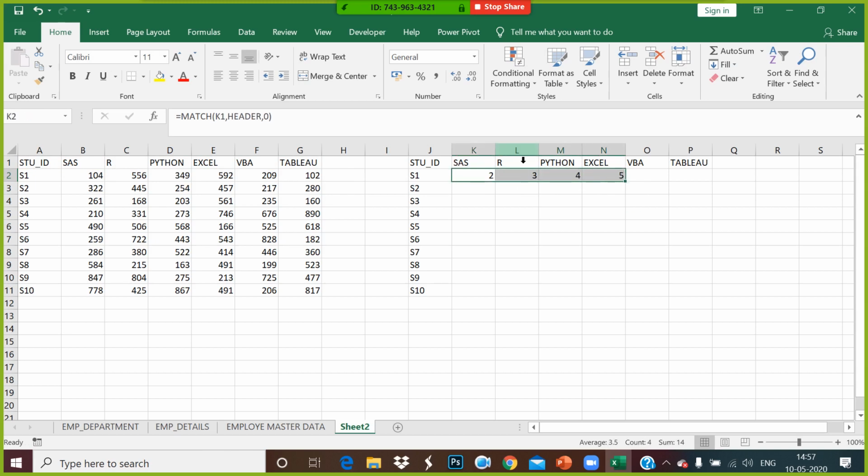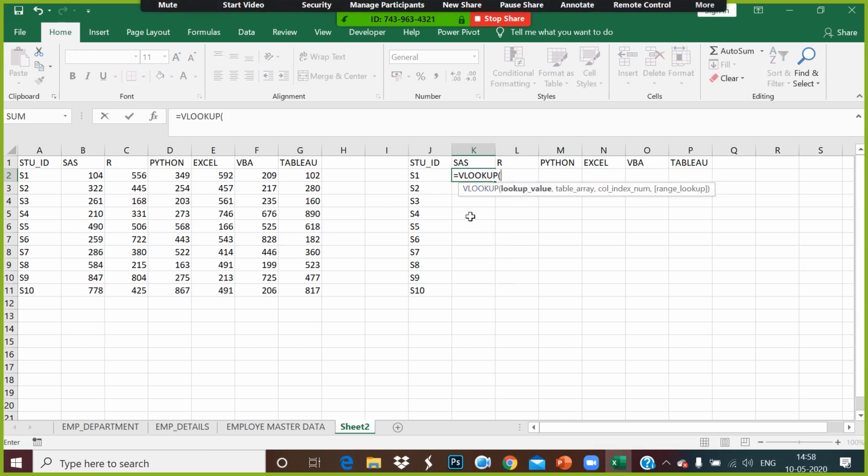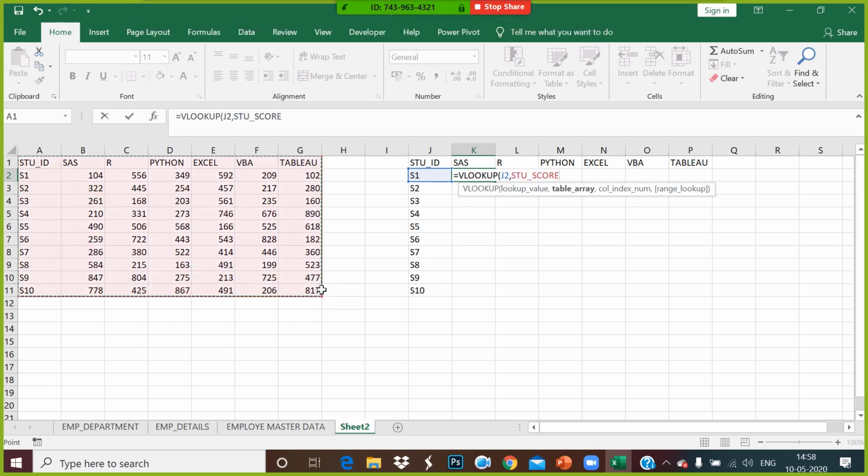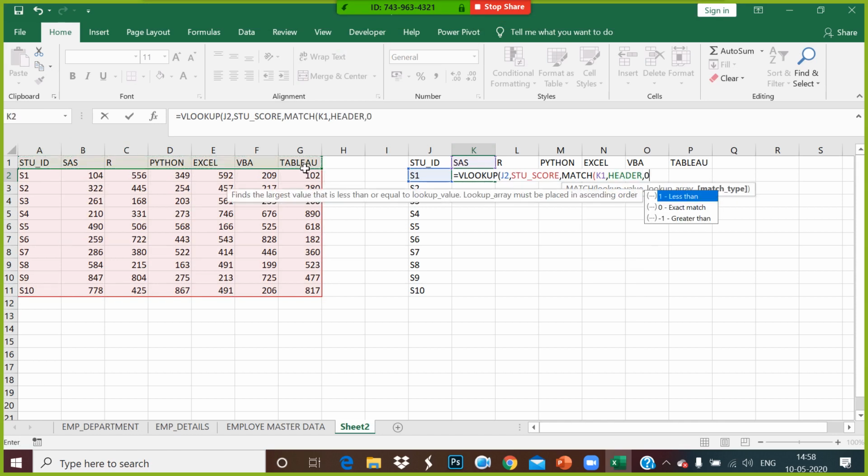So now when I write VLOOKUP, I go for the lookup value as this. I go for the table array. I select this as my table array, which I've given as a range name. Then I go for using the match function of SAS. This is the header, bracket close and 0.